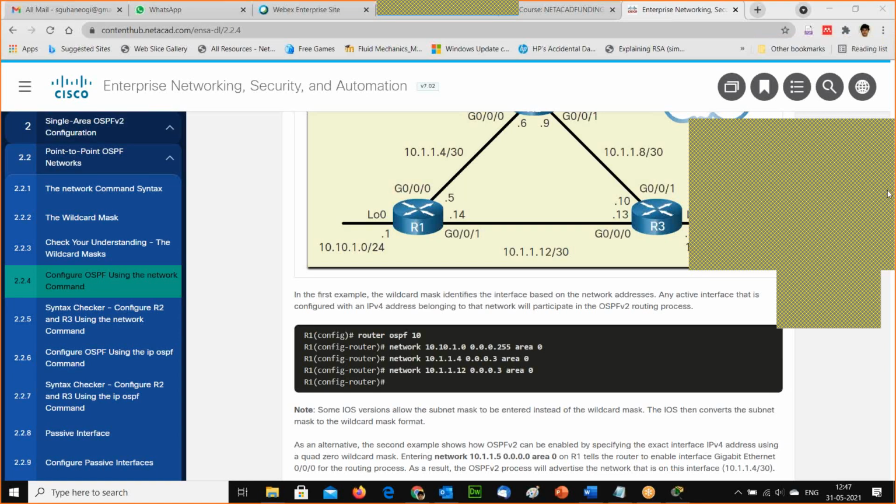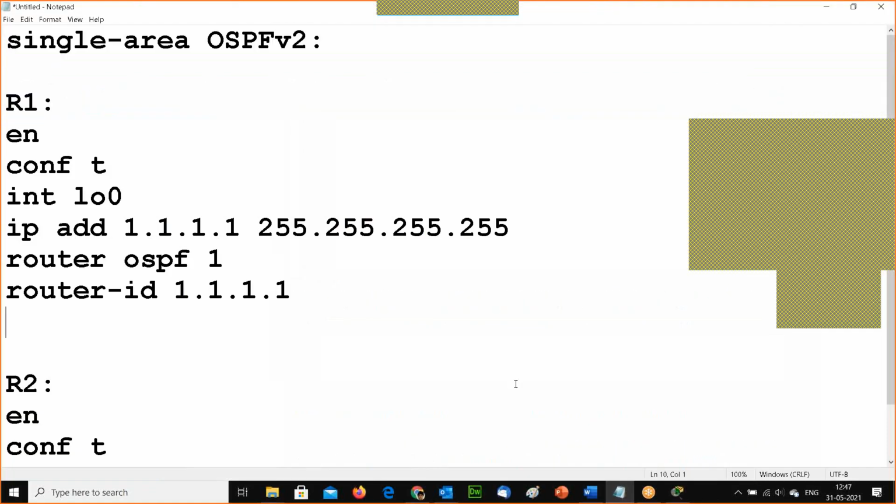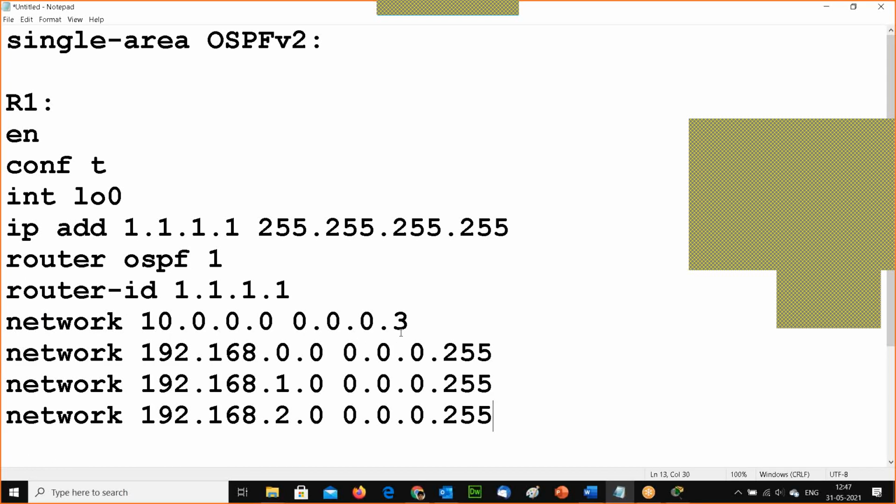So without wasting any time, yes. Someone is asking me about it. Just copying the configuration. If you have done it, here in the case of the flip, so this is what my configuration is.